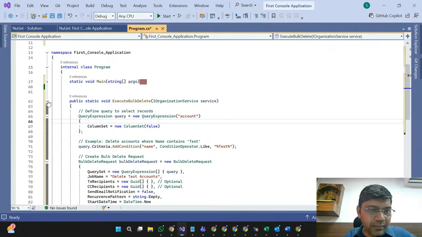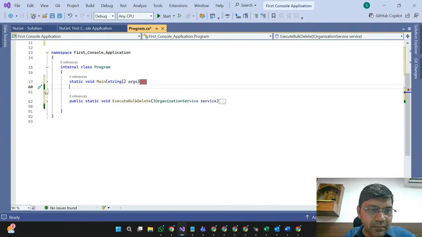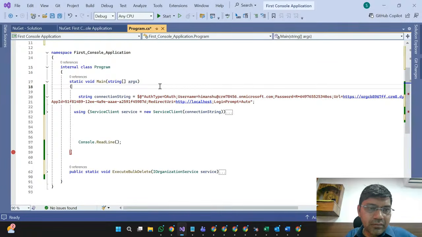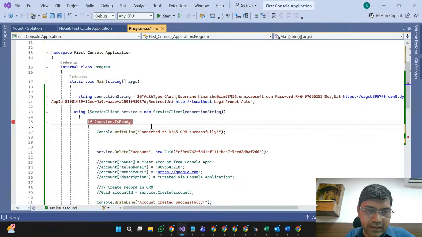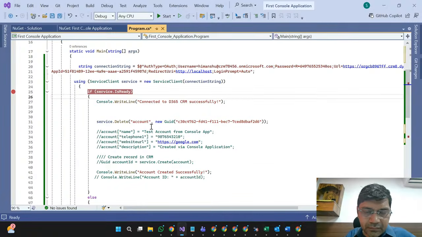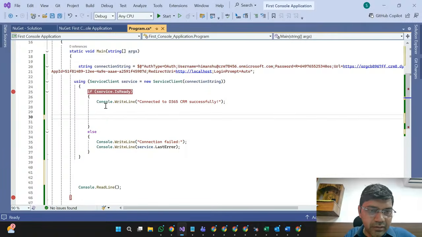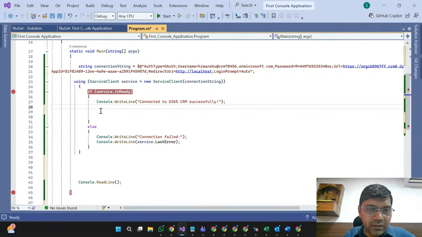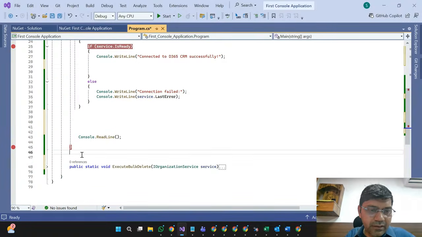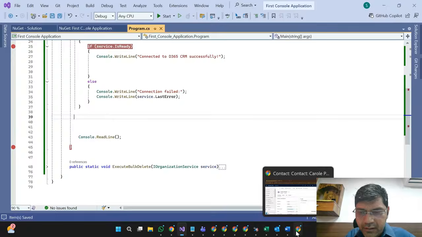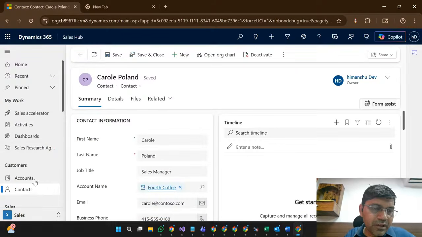So we already discussed some basic things related to this console-based application. I hope everyone utilized this connection and is able to at least connect with Dynamics CRM. Have you tried? Have you tried or not? This is very basic. Suppose we have some information and we need to retrieve it,